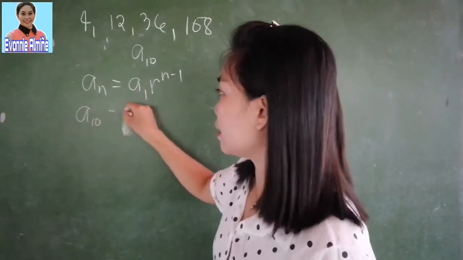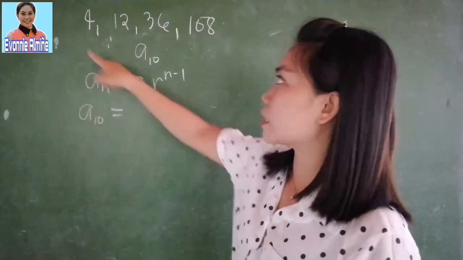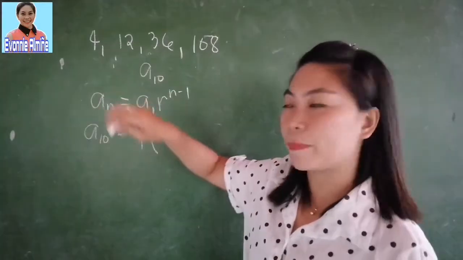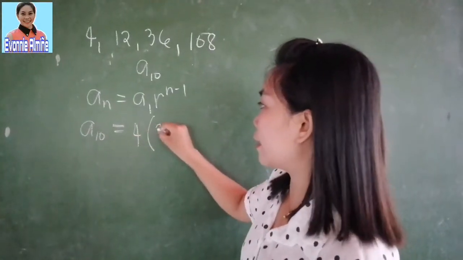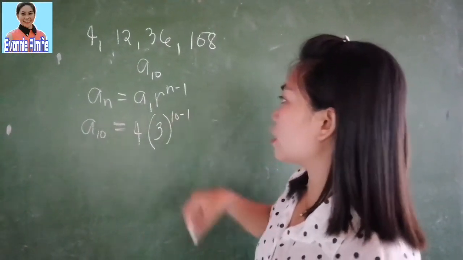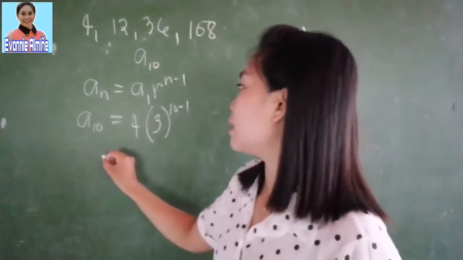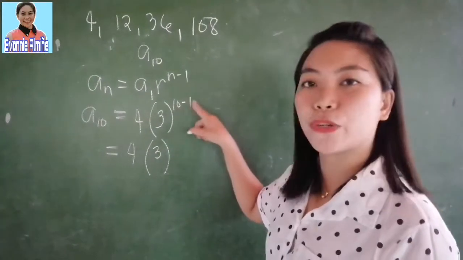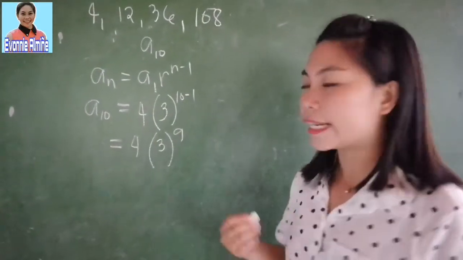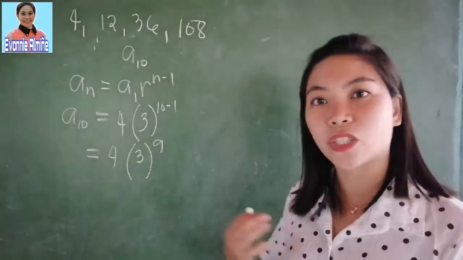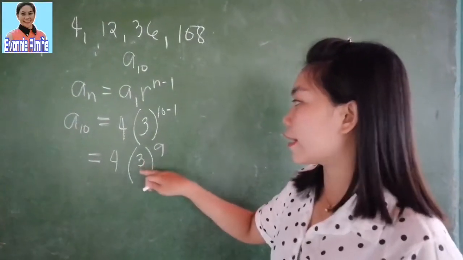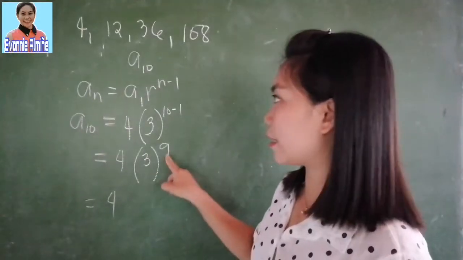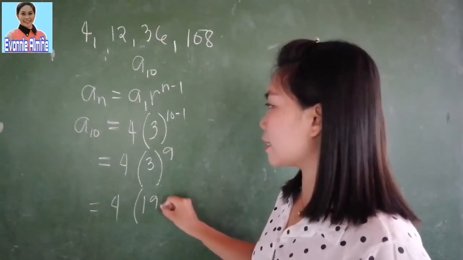So, a sub 10 is equal to, the first term is 4. Then, the common ratio, kanina hinanap na po natin, 12 divided by 4 is 3. Then, 10 minus 1, since there are 10 number of terms. So, bring down 4, bring down 3, 10 minus 1 is 9. Now, we have to apply the exponential equation. So, 3 raised to 9, that is equal to, bring down 4, 3 raised to 9, that is equal to 19,